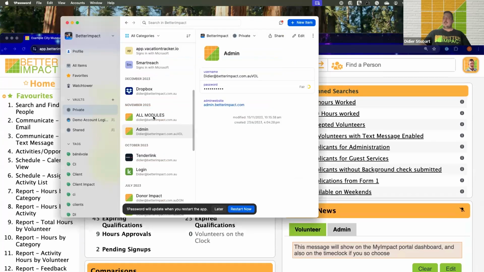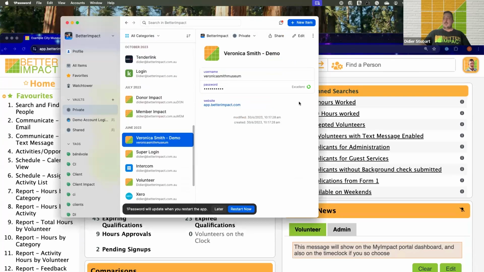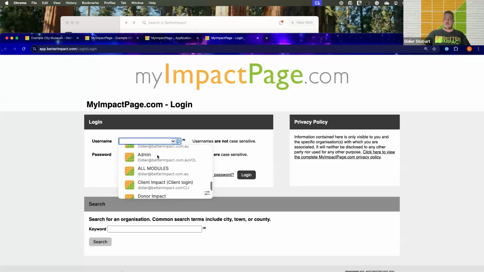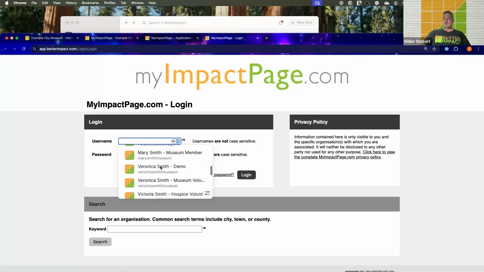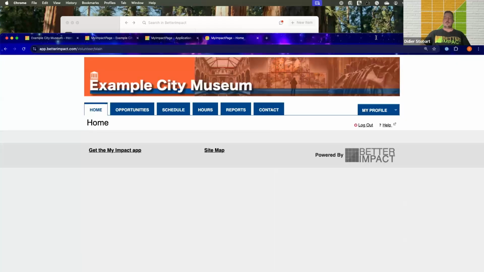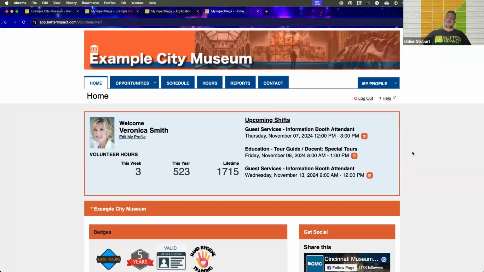Now, I might quickly just touch on the volunteer side. So I've showed you what the administrator side looks like. I'm just going to show you quickly what the volunteers will see. Volunteers can basically use the system in two different ways. One, they can log in on the desktop, like the admins can if they want. They can also use an app, which is called My Impact, which is the most common way volunteers use the